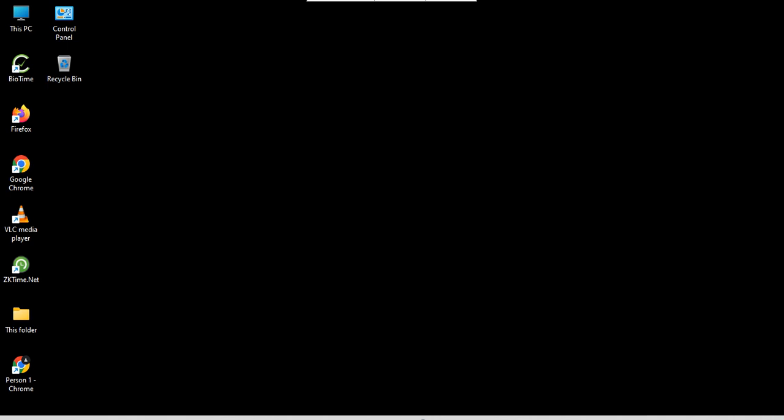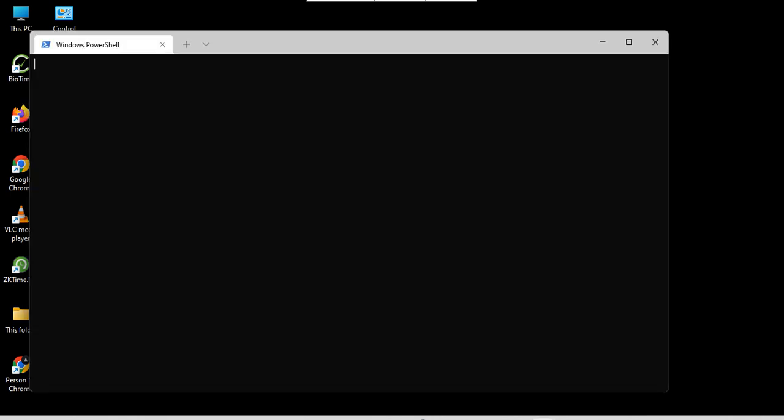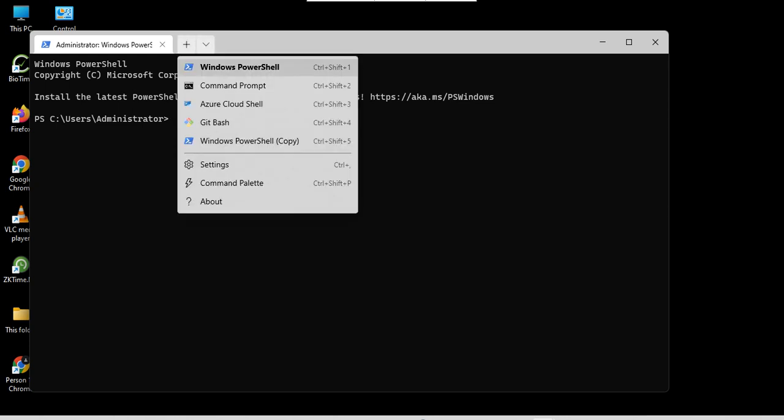Hello friends, today we will study how to open your Windows terminal. Your command prompt is always in Windows Terminal. So let's start. We right click on the start menu and click on the Windows Terminal. We get to the